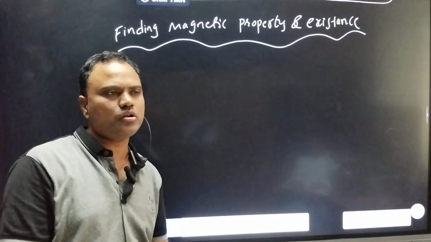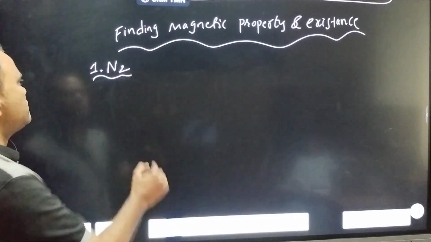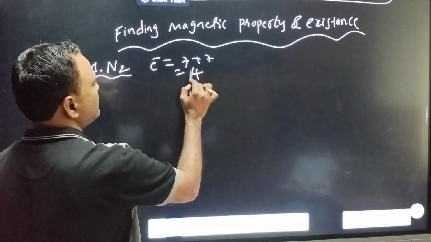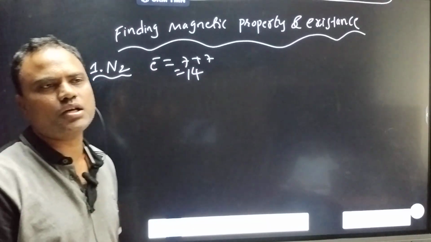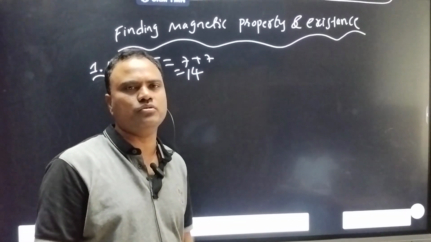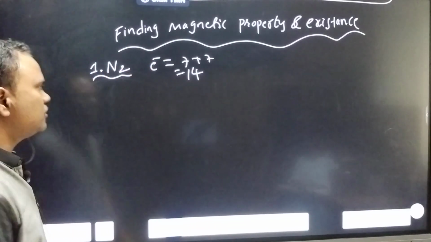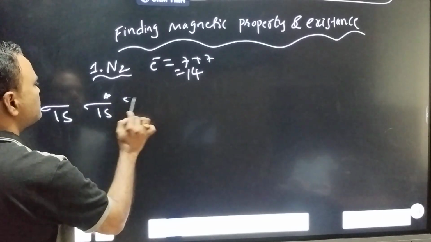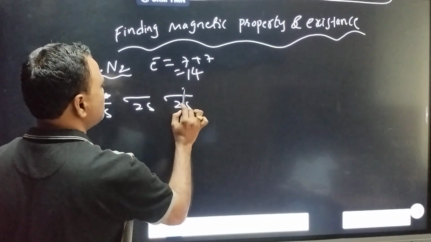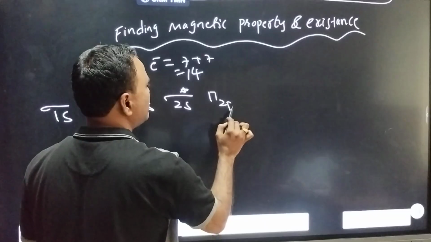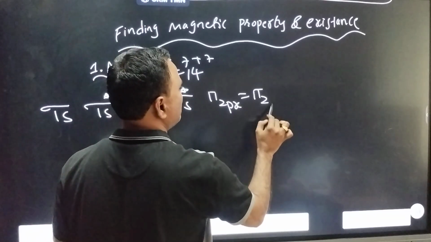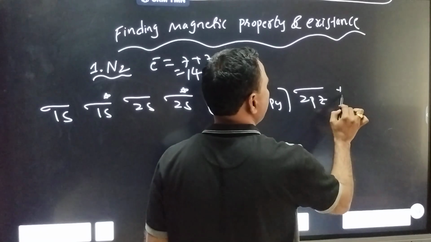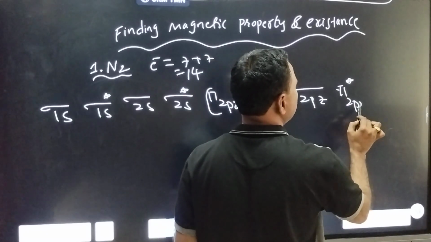the overall molecular orbital configuration. First tell me the number of electrons. 7 plus 7, nitrogen atomic number is 7. 7 plus 7, 14. 14 electrons are there. So what do we use? Case 1 or case 2? We use case 1. So case 1, first write the configuration: sigma 1s, sigma star 1s, sigma 2s, sigma star 2s, pi 2px equal to pi 2py, sigma 2pz, pi star 2px equal to